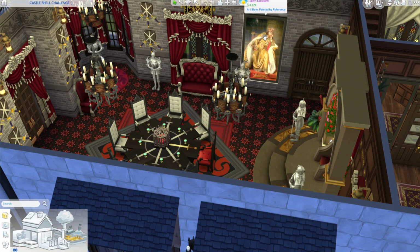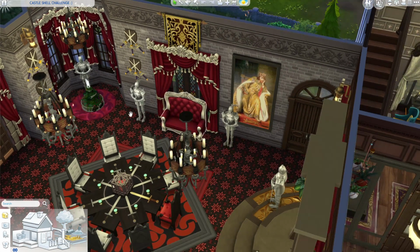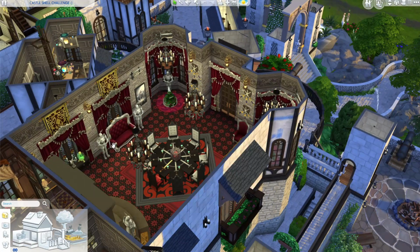And the beautiful thing about this creator is they actually make their own no-CC artwork that's up in the gallery. I have a ton of them saved to my library, so they're really great at creating custom content looking paintings, but they're not custom content. That's a real artist. So a very, very grand...